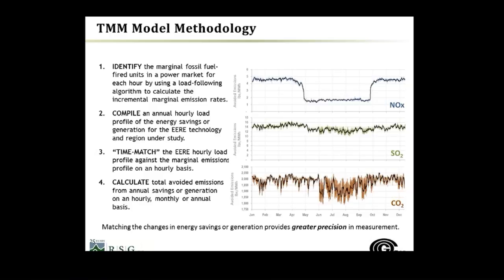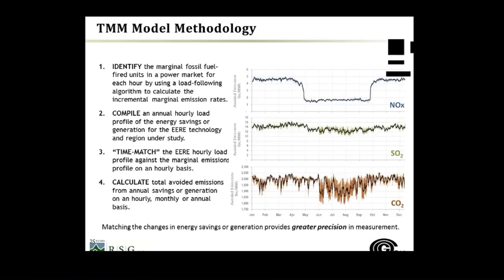Secondly, we compile an annual hourly load profile of the energy savings or generation for the EERE technology and region under study. And then third, we time match that hourly load profile against the marginal emissions profile on an hourly basis.